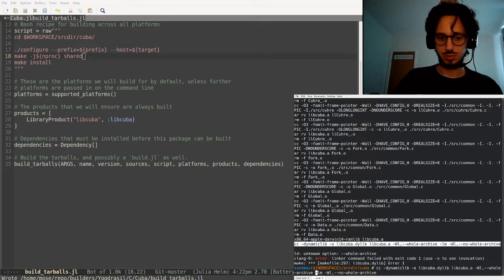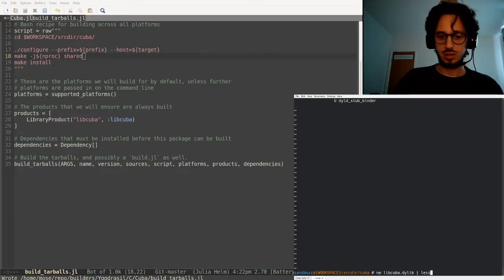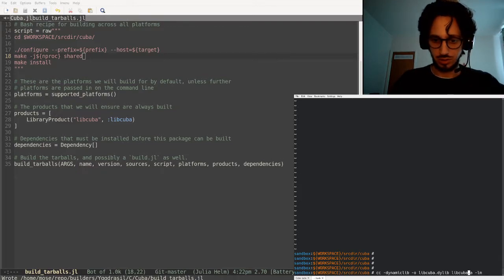So I want to see if I just remove this. But this is also misplaced. Yes, so this is not great. So I just run this command without the whole archive argument,